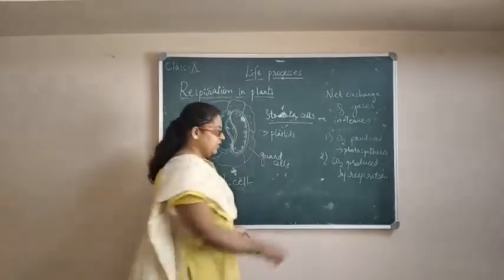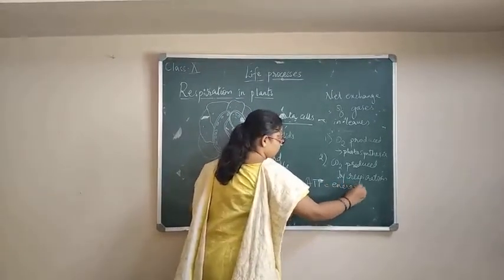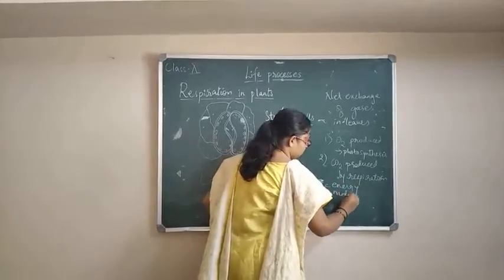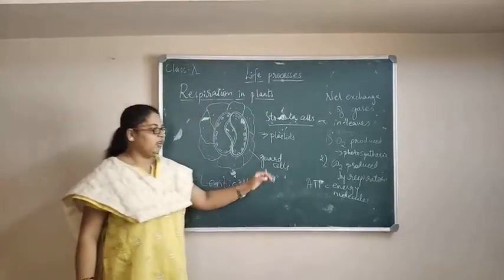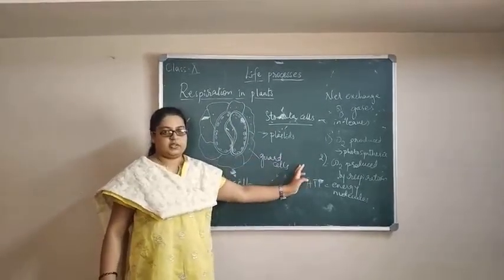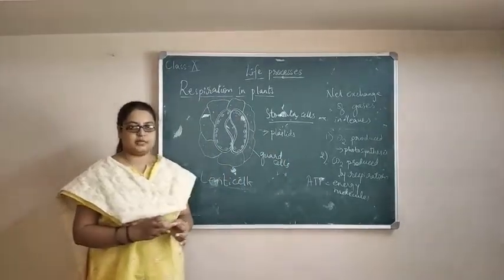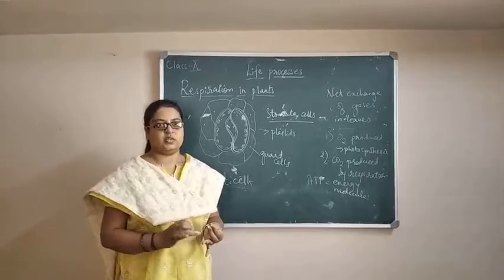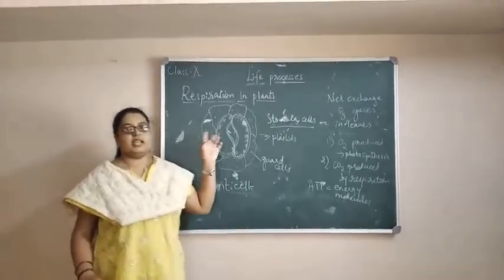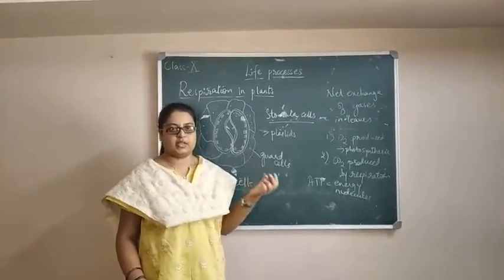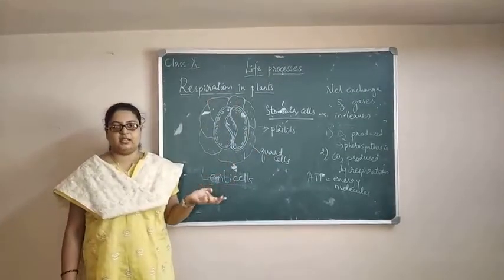Along with it, energy is produced, in the form of ATP, the energy molecule. Energy molecules are produced along with the oxygen as well as the carbon dioxide. This is about respiration in plants. It takes place in roots, stem as well as leaf. But generally during night time, what happens? Inside the leaf, inside the stomata cells only, there is a net exchange of oxygen and carbon dioxide. This is about how respiration takes place in plants.